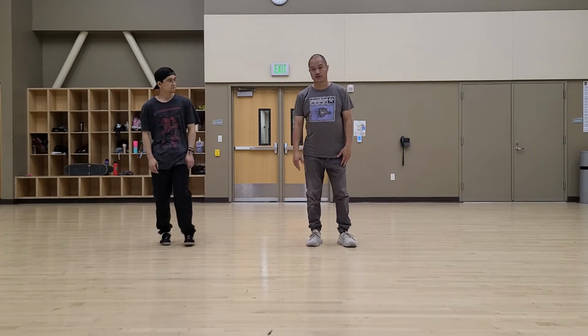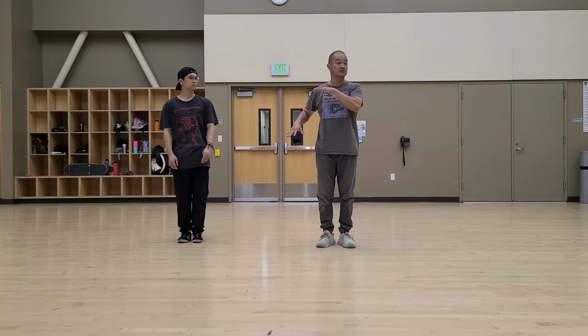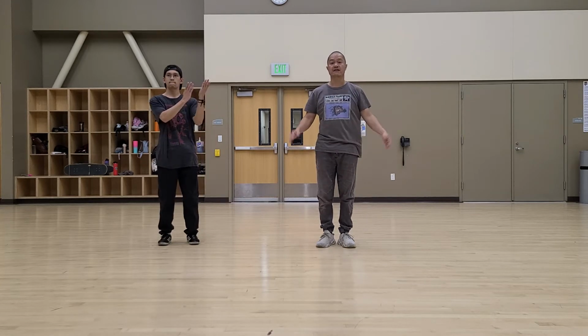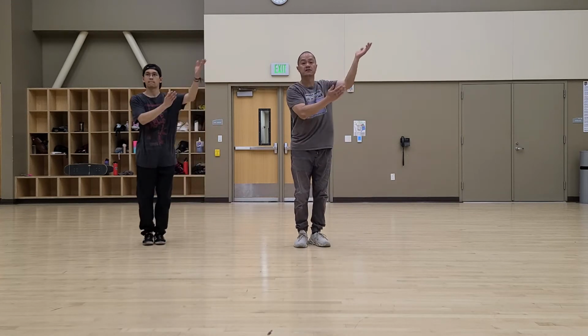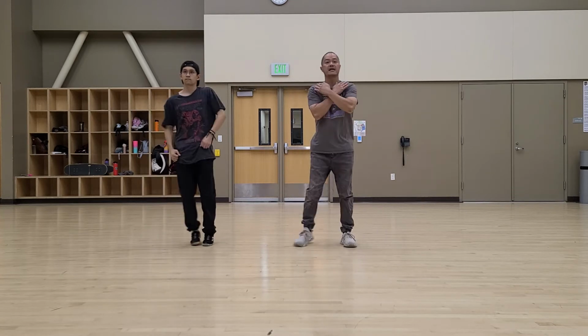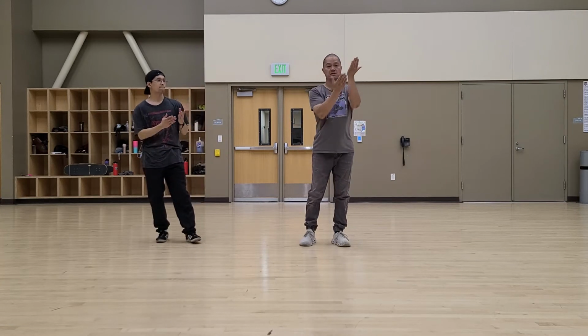Then we have the arms, all right? Because a lot of times when we focus on the arms, we kind of forget the legs and we start staying still. So we got to get here. So 7, 8, and 1, 2, and 3, 4, and 5, 6, and 7, 8. So the arm is just basically, we're just gonna,